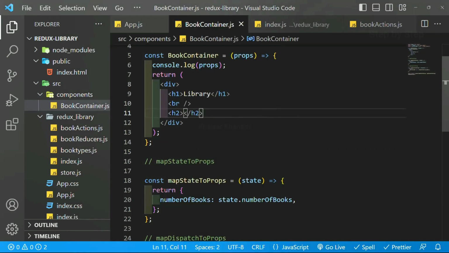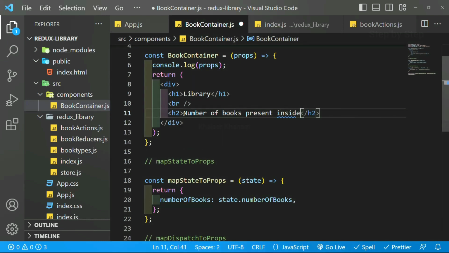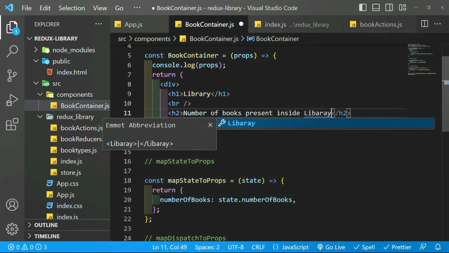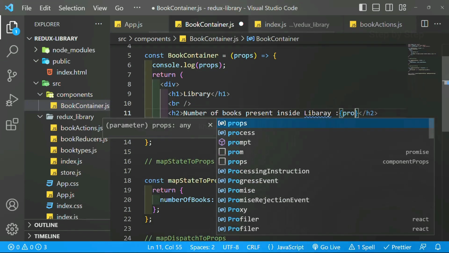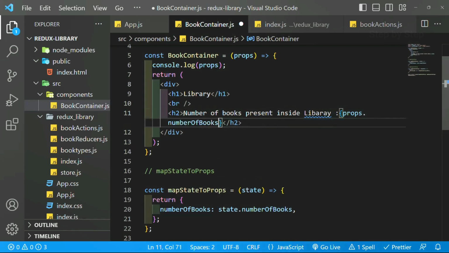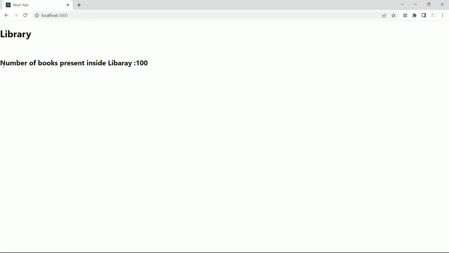I will come and here let me just write "number of books present inside library" colon. We are going to write JSX. So we have to write here curly braces props dot numberOfBooks. I will save this. Now as soon as I come, you can see number of books present inside the library